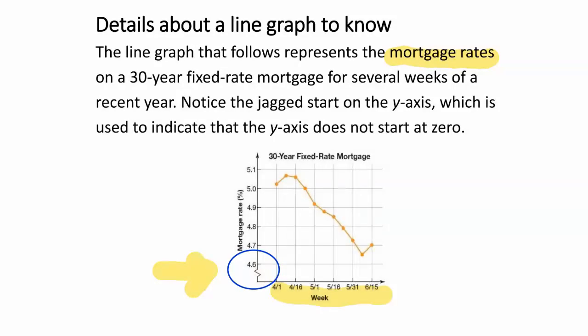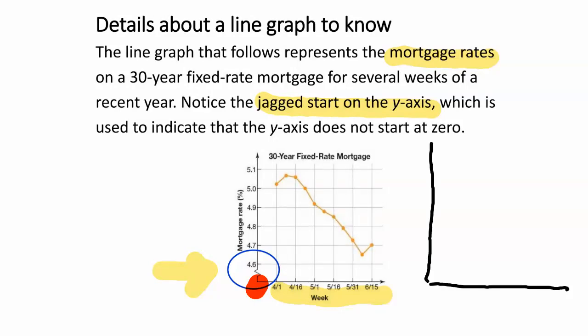Along the horizontal axis, I have specific dates in time. But what I'm doing is, by putting this jagged start, I am saying that this point is my 0, 0, but by putting that jagged mark, and I'm going to kind of show you what I mean,